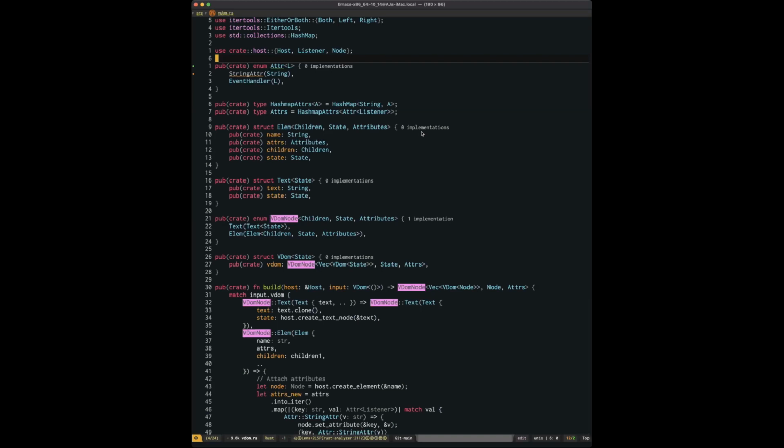So there are lots of FRP libraries. Those were the first UI libraries that came about with FP. And there were libraries like Reactive Banana, and I think Yampa was the first Haskell library that did that. And then came a language called Elm. And Elm came up with this concept of a virtual DOM structure, which is a lot simpler way of creating user interfaces. So in virtual DOM, what happens is that you create a tree of all the